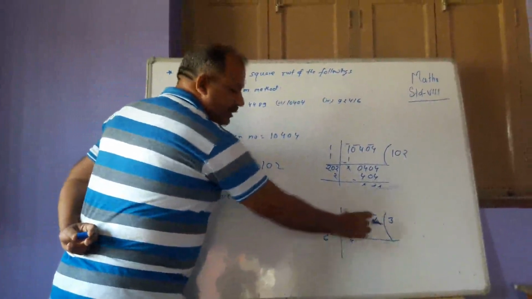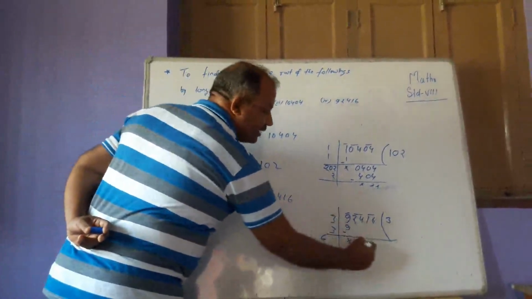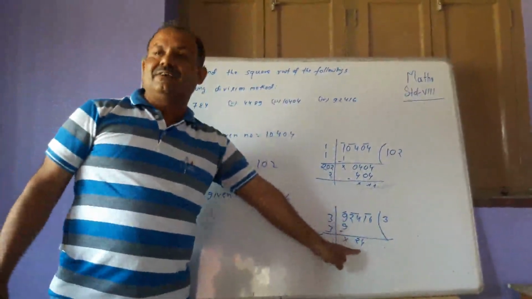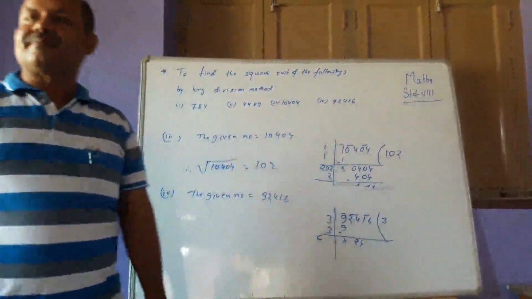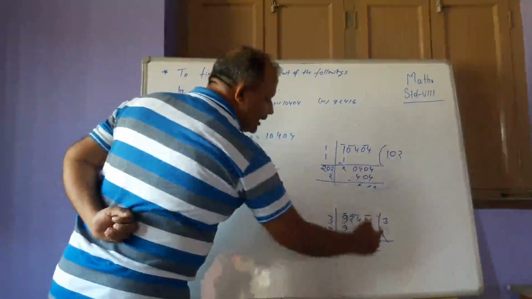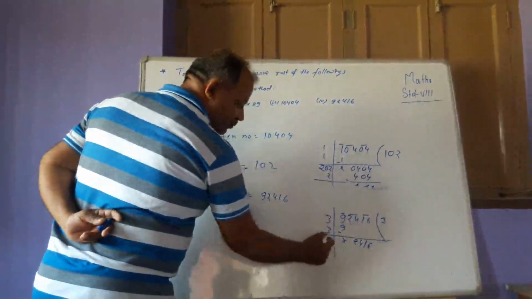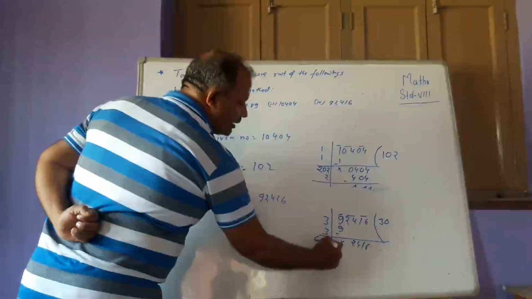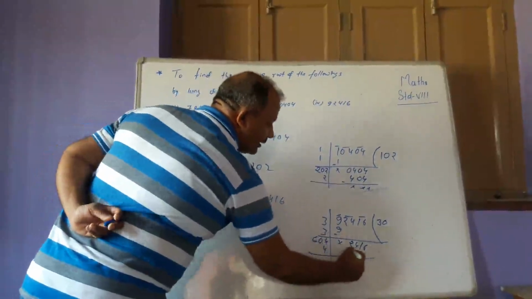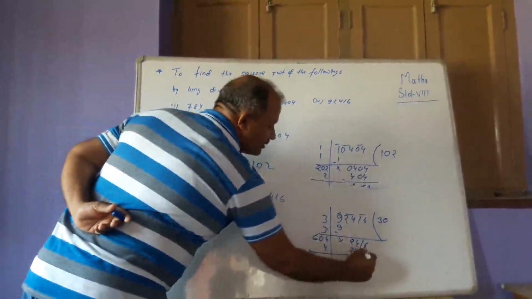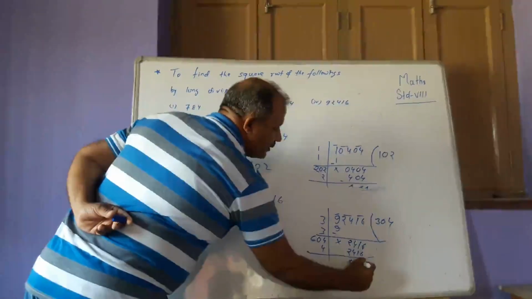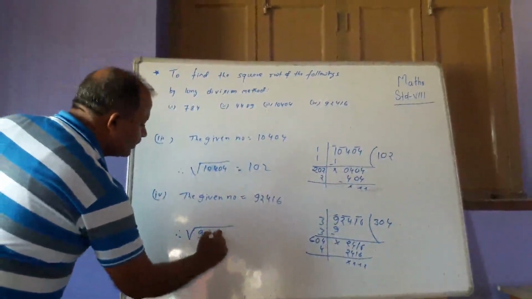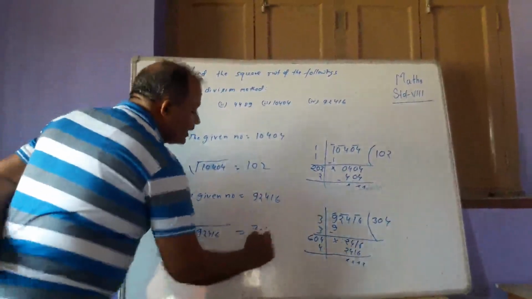Here there is nothing. We have to come to the next pair. It is 24. If we are going to place 1 also, it will give 61. 61 is more than 24. And therefore, we have to take another pair. And for this purpose, we have to take 0 here and another 0 here. Now on multiplying the number by 4, we get 2,416. And therefore, the square root of 92,416 is equal to 304.